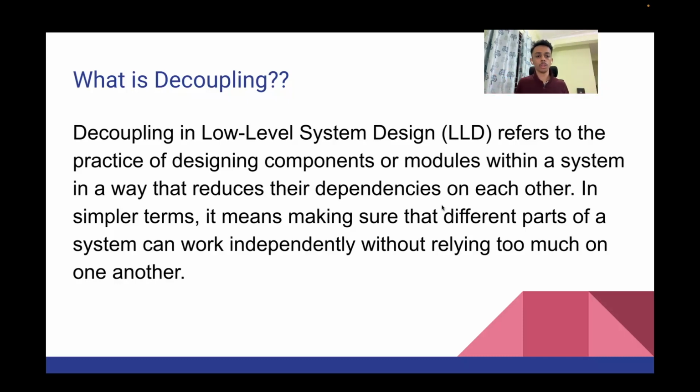Let's suppose in our project we have two objects. This is the main object and this is the dependent object, which has a dependency on the main object. Now for some reason, maybe because of customer feedback or because we want to provide some other upgrades, the implementation of the main object is changed. So the implementation of the dependent object also needs to be changed. This happens when the two objects are tightly coupled with each other.